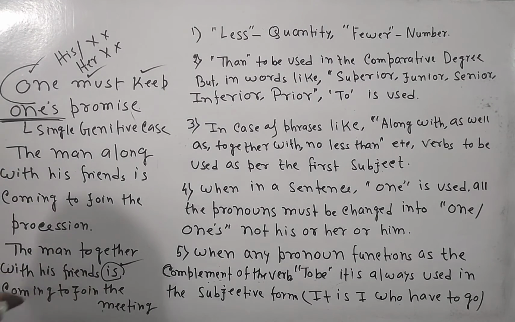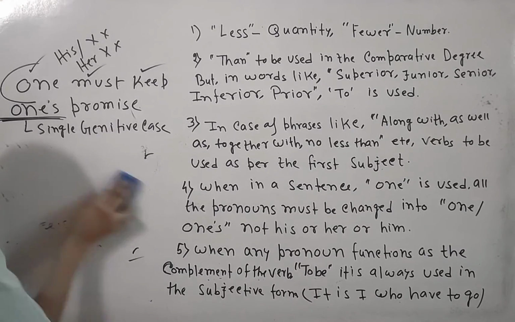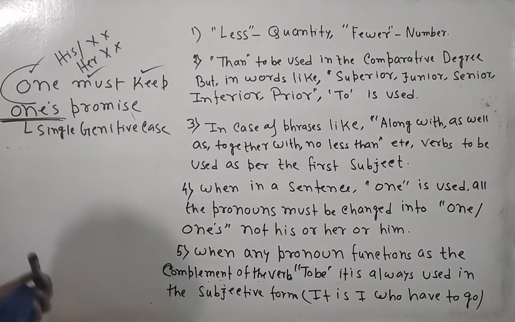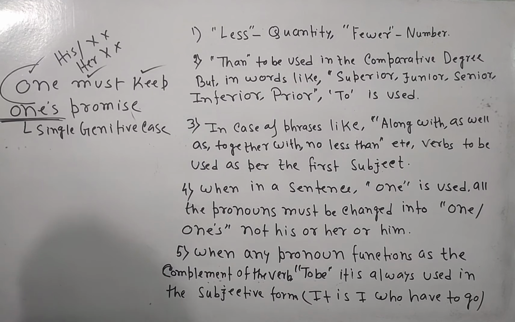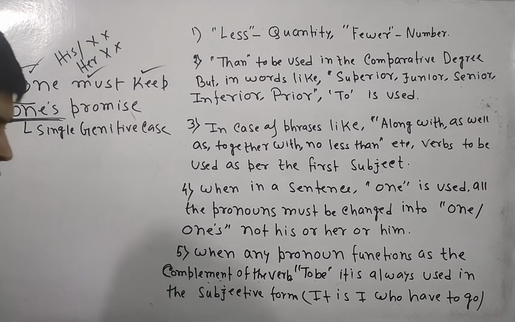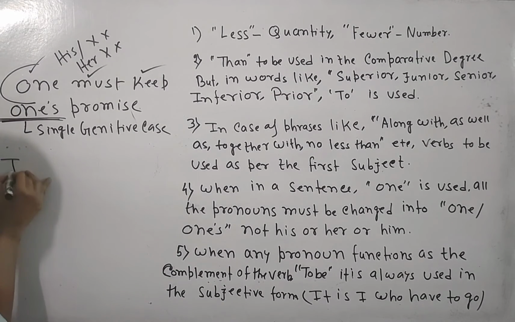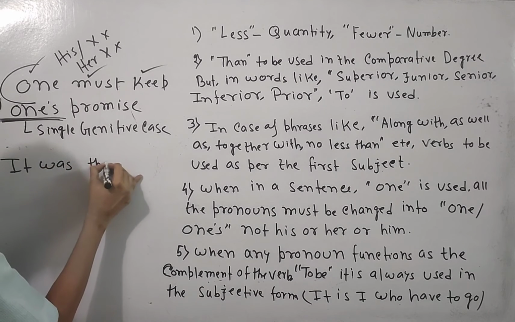Now if I just look over the construction, you will find it very interesting. To be. Now what is meant by the verb to be? To be means is, am, are, was, were, etc. Is, am, are, was, were. Now if I ever say, it was they,